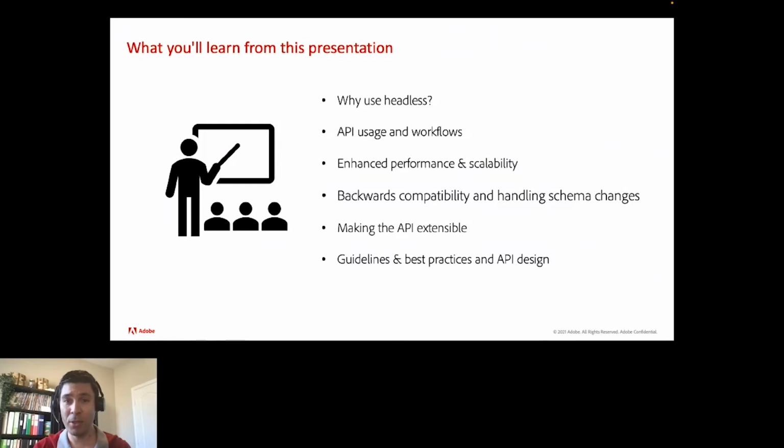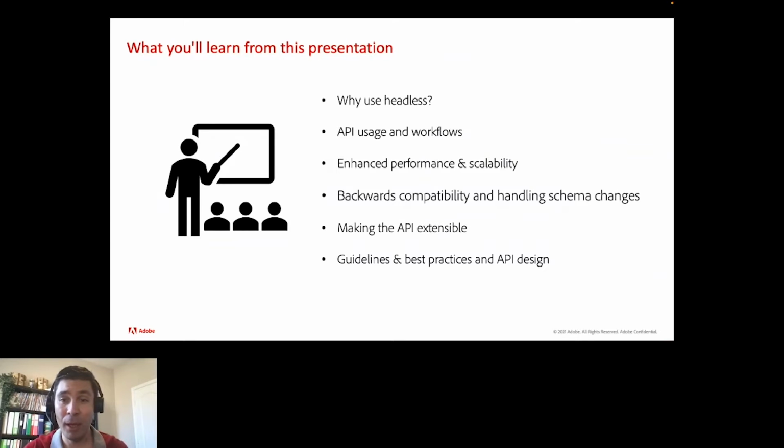I'm also going to talk at this stage about innovation beyond the buzzword. Next, we're going to talk about API usage and workflows and how applications use the API, and this is very important, best guidelines and practices and workflows and how they affect our consumers. Next, enhanced performance and scalability for APIs. We have some big announcements to make in this space, and I think our teams have gone beyond what we ever hoped for, and I'm happy to share some numbers with you for the upcoming 2.4 release.